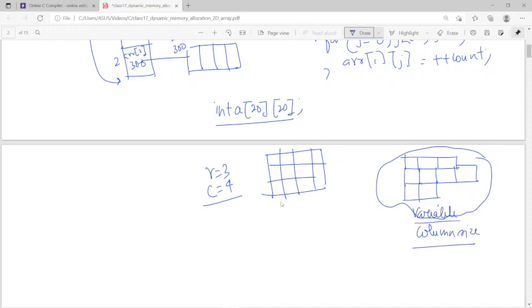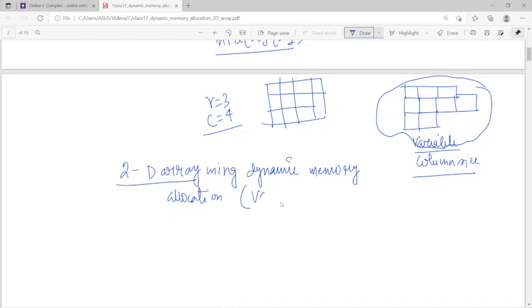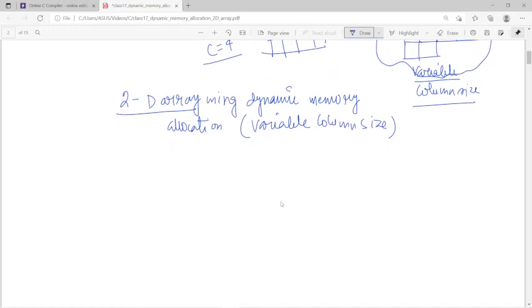You cannot produce it without using dynamic memory allocation. So in that particular case, what I am trying to say is that this is one of the important things: a 2D array that we want to create using dynamic memory allocation, and that is nothing but a variable column size. So what we try to produce, that means I want to design